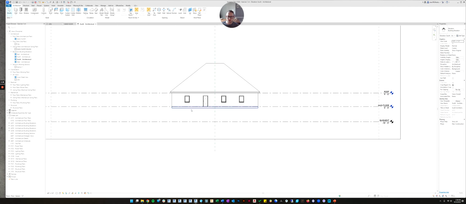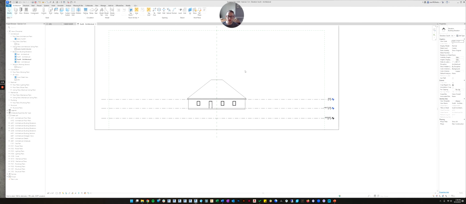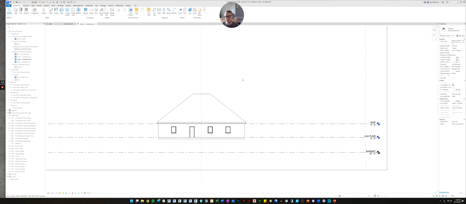All right. Now that we've made the level, we can make the view. So if you want to make a view, you're going to go up to the View tab on the ribbon, and then there is a little icon here that says Plan Views. It's under the Create portion of View. So we want to make a floor plan view. So I'm going to go to the Plan Views.